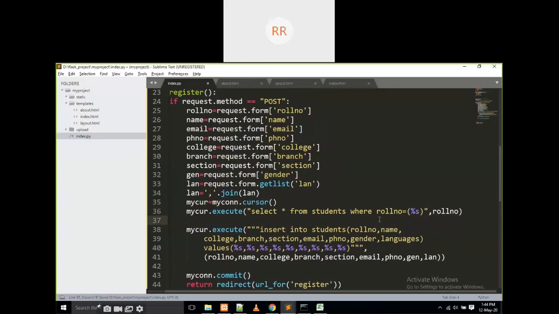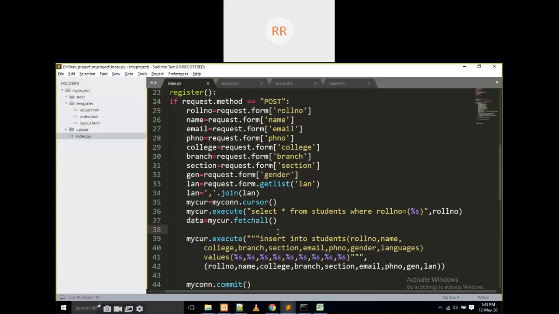I am going to work on this one. Then data is equal to my cursor dot fetchall of. I am going to print data now.